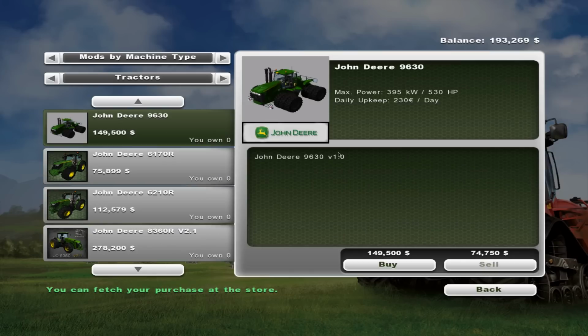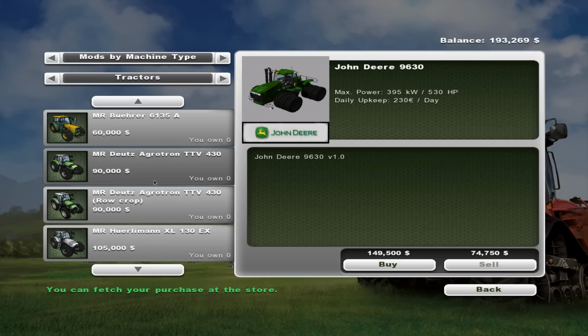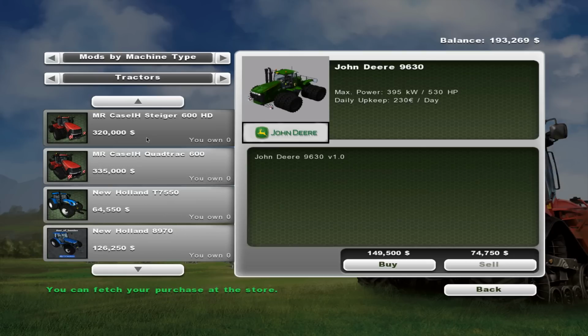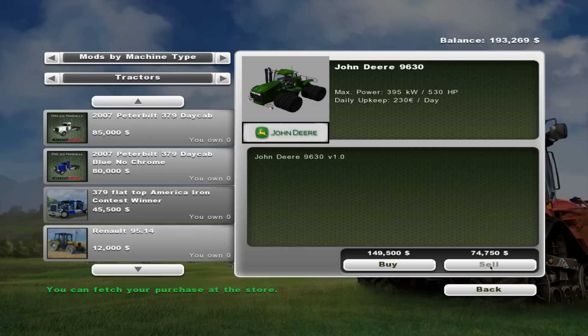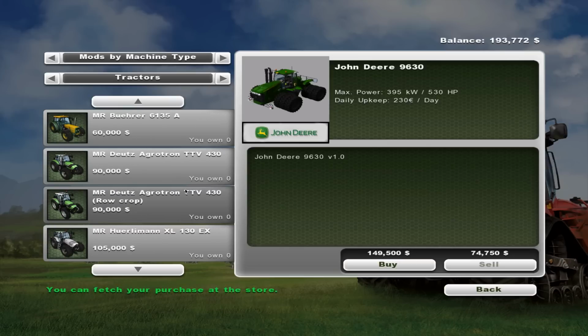This, however, is not. This has 530 horsepower. This is a John Deere 9630. In real life, I think it would actually cost maybe a bit more than that, but it's still pretty expensive. The other options we have are the Case, and they're too expensive as well. So we're going to go ahead and get a John Deere 9630. And the other nice thing about this is it will allow us to get into some bigger cultivators as well. So let's go ahead and buy that. So we're left with